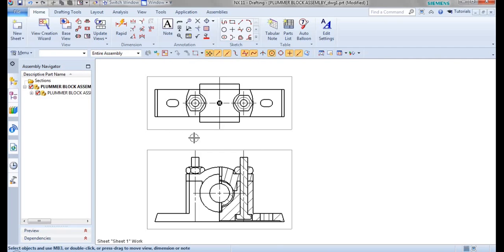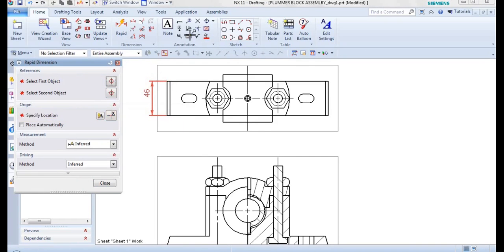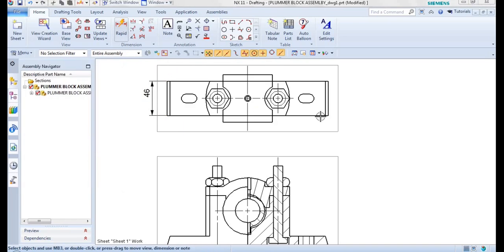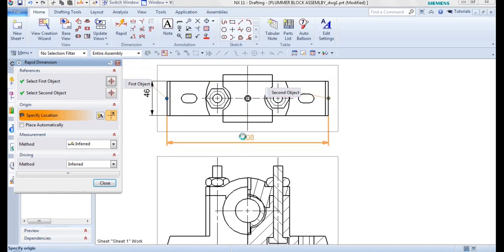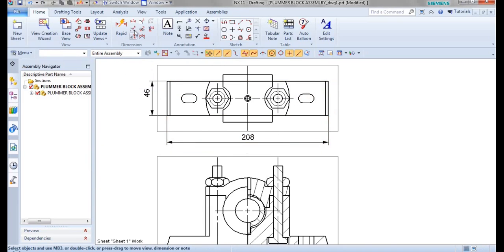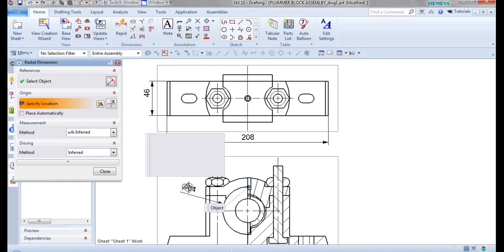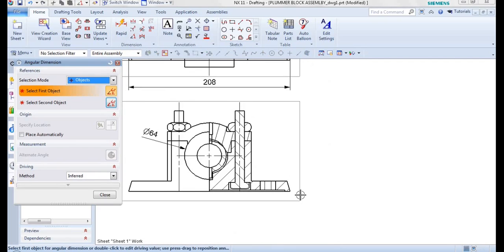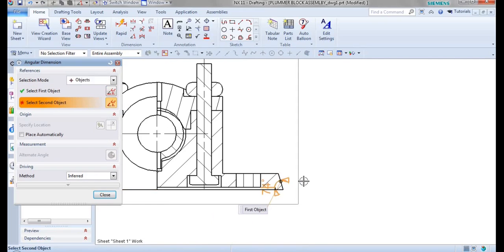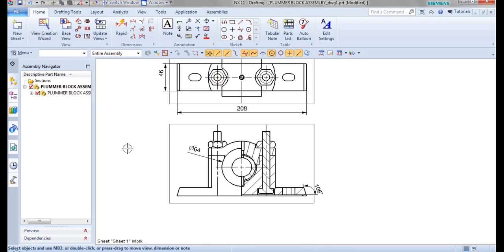Then next we are having dimensions, that is after our drawings we should go for dimensions. For that here we are having the dimension tab. It will show you the distance between the lines like this. Whichever lines you want, you will be selecting and creating your dimension like this. For circular dimensions, that is radius and diameter, go for radius, and here you can specify your radius like this. And also you can go for angular one, and you can specify your angle. This is how you will be creating your dimensions to the drawing. Whichever dimensions you want, you will be creating those dimensions.